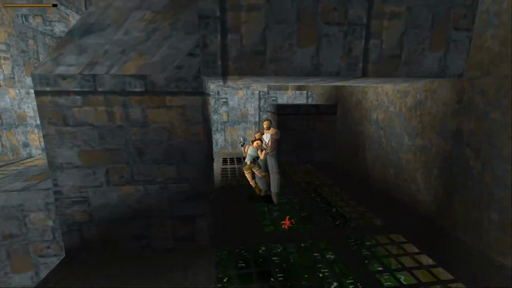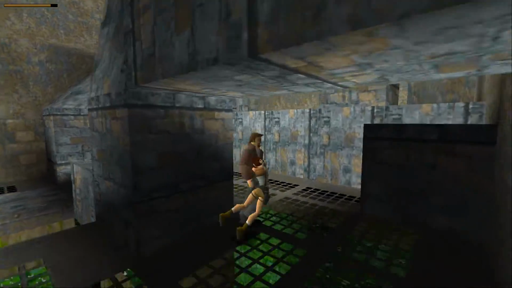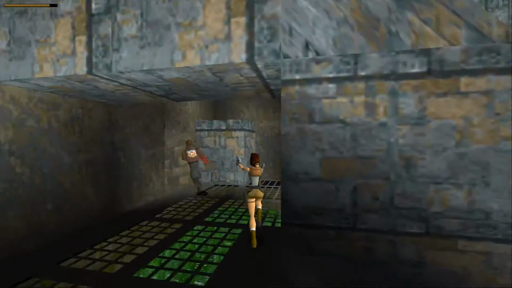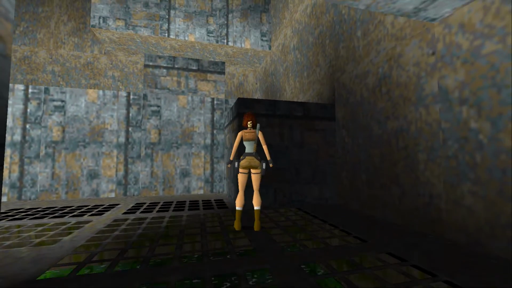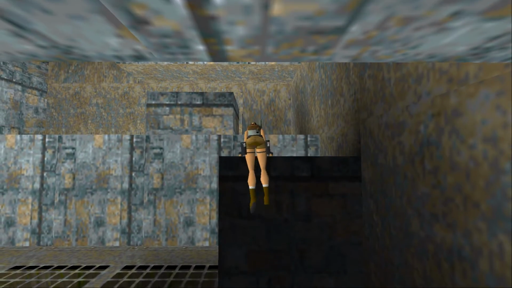Hi, Pierre. How's it going? And yes, Pierre is going to piss you off this entire level. There's one portion where I will just run away from him because there's no point in fighting him. But for the most part, I'm just going to shoot him when he does show up until that point. So this part is entirely optional, I'm pretty sure. I don't think there's actually a main key up here, so...